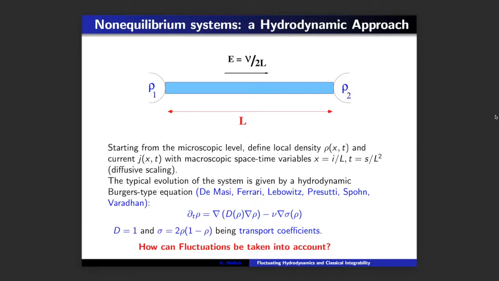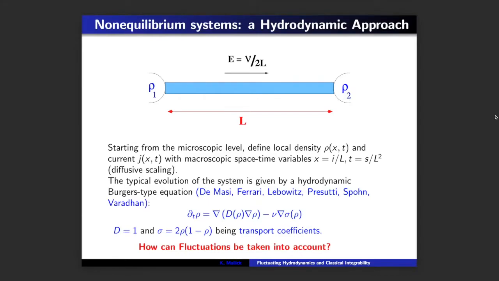And then by going to large space and time scaling, typically a diffusive scaling, diffusive scaling means that space scales like the square root of time. Okay, so you put a scaling parameter, you can write a hydrodynamic equation for the evolution in time of the